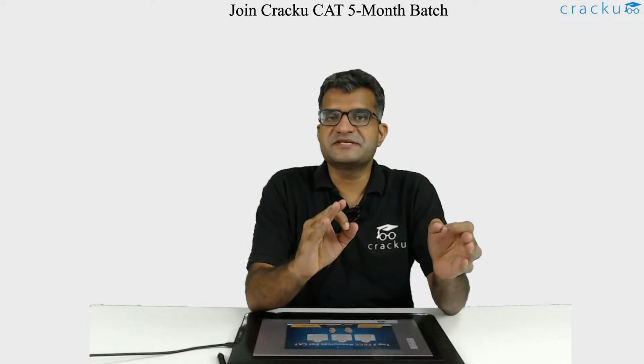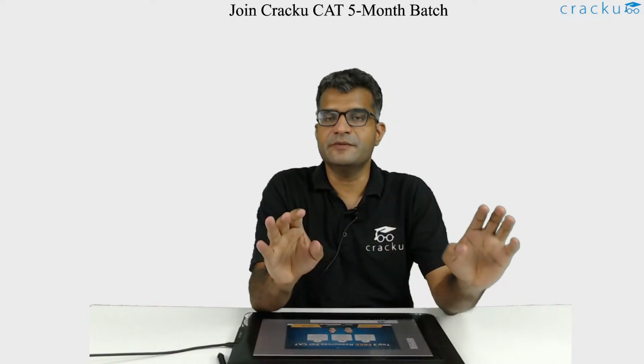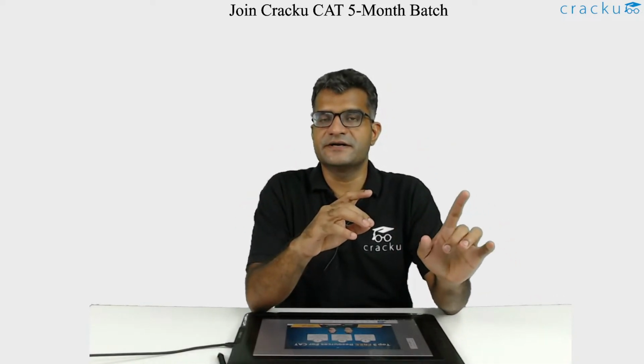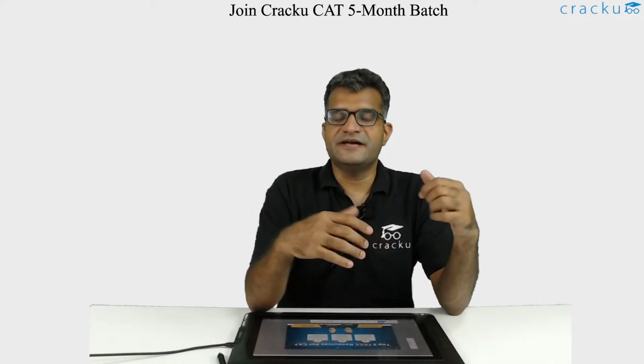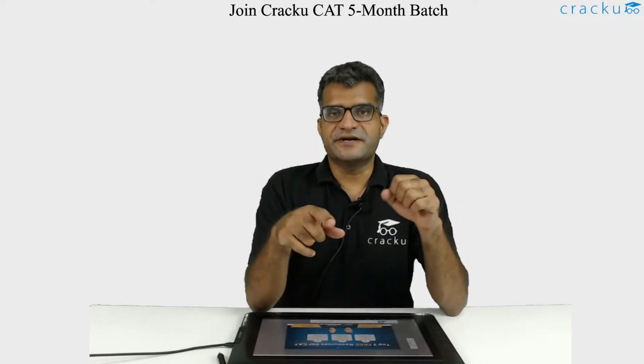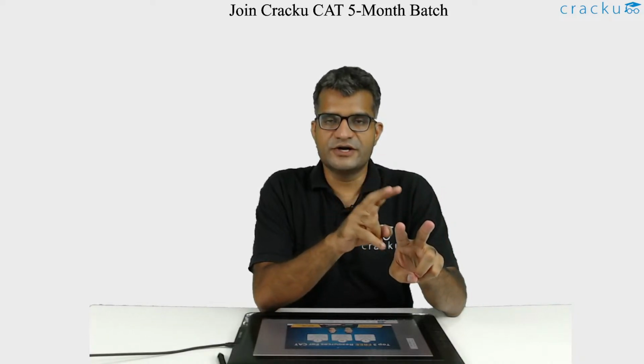So what I tell myself is very simple. I tell myself that I have to get 1 set correct. That is the bare minimum. And I'm going to give myself around say 15 minutes, 20 minutes to get the first set correct. Because if I get the first set correct, I feel less stressed out. I feel less panicky. And then I can get 1 more set correct. So if I get 2 sets correct, I'm very happy. So my target is to get 2 sets correct.